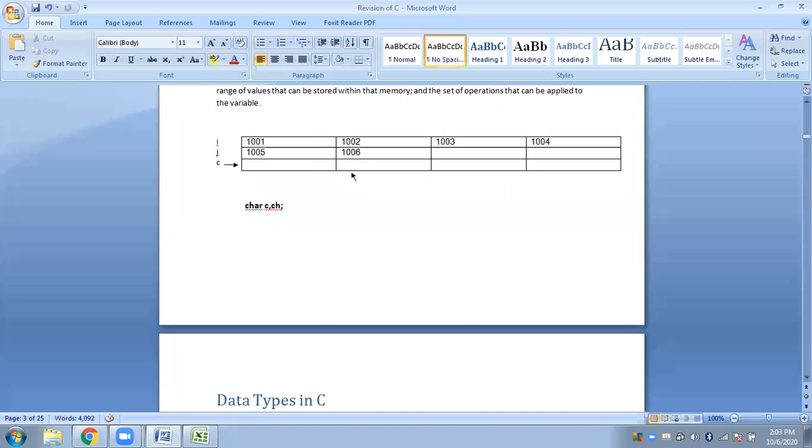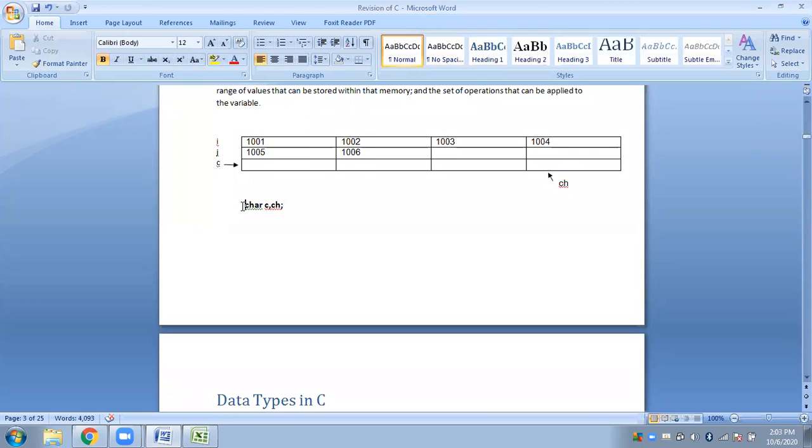As I said, variables can represent any memory location. They can be in any part of the memory. So this can also be CH. So if this is C, CH can be here also.